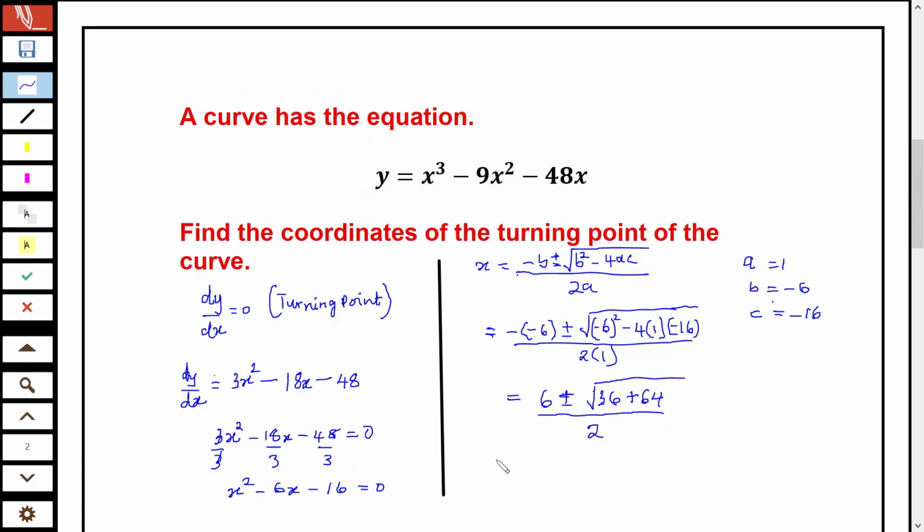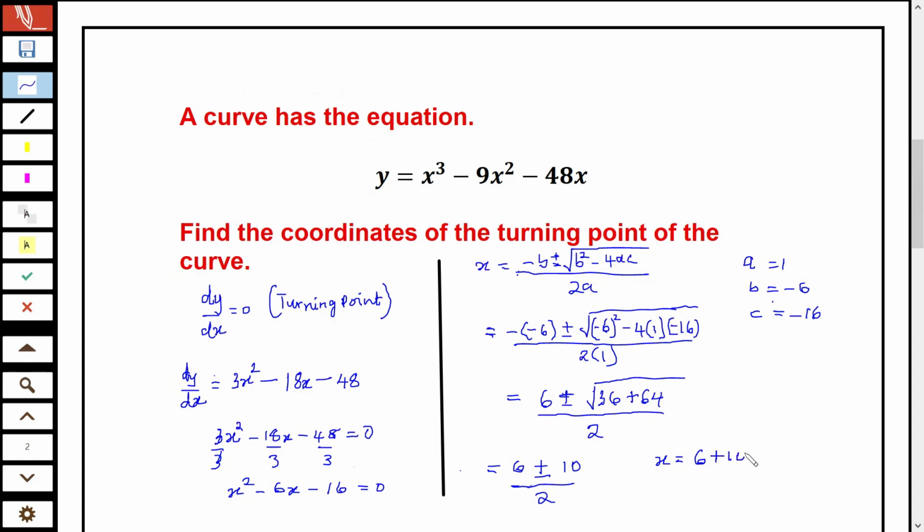Now, we can go further to simplify, where we say 6 plus or minus. Now, 36 plus 64 is equal to 100. And so the square root of 100 gives us 10. So 6 plus or minus 10 over 2. So here we're going to have x can either be